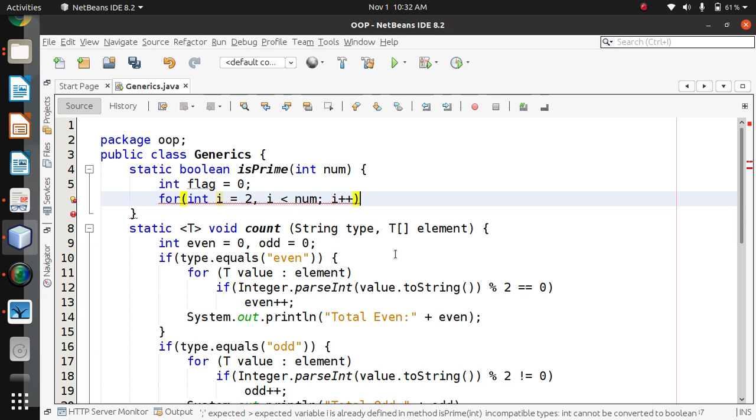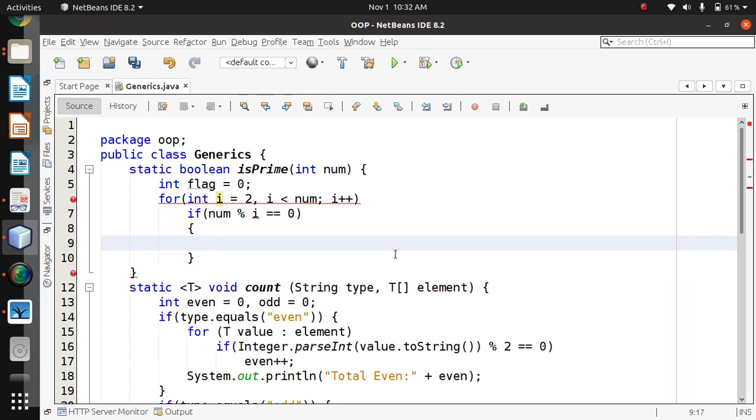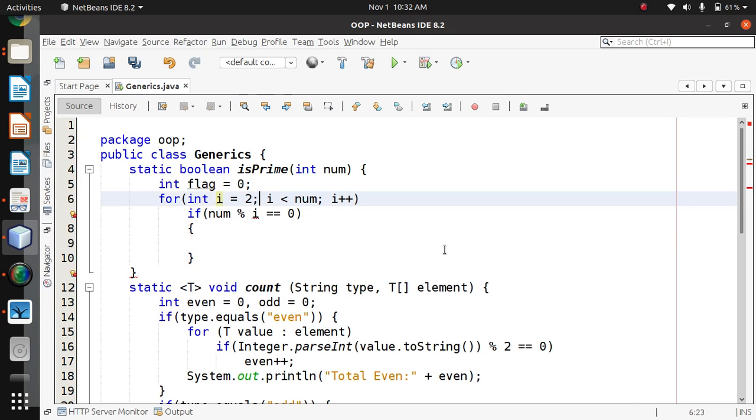Let's check it. If number mod i is equal to 0, okay, so the number is divisible, fine, remember that. There's an error here, semicolon required here.